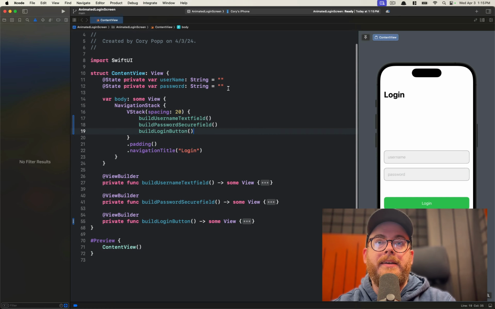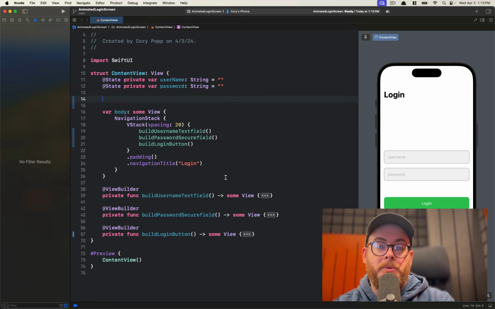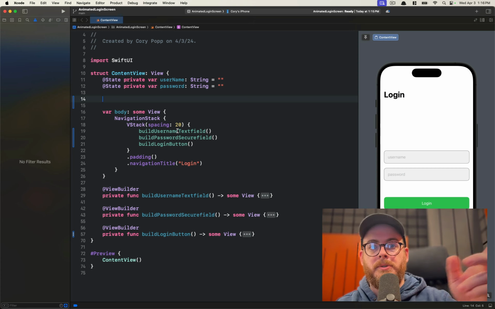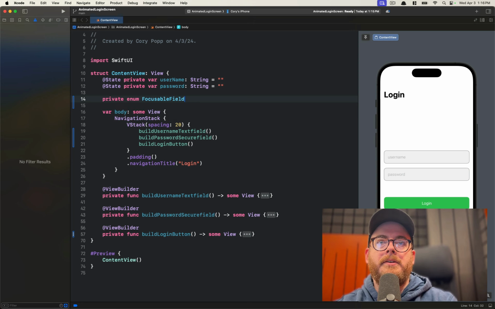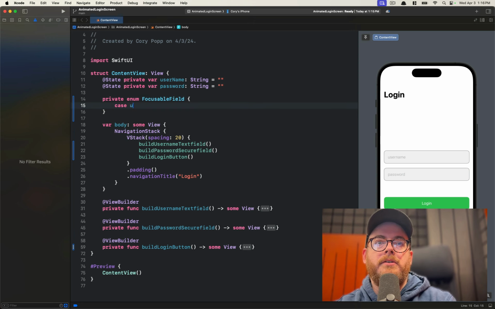So the first thing we can do is work on our focus state. So we're going to create an enum because we have two things that we want to focus on. Typically you could use a Boolean to say whether a text field should be focused or not, but because we want to maintain focus and switch from username to password, we're going to create an enum instead. We'll say private enum focusable field, and we're going to have two cases, username and a password,